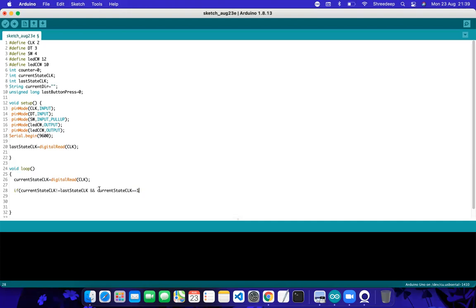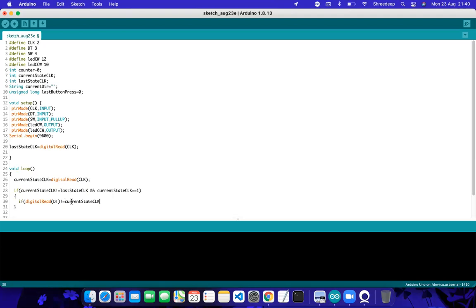So you are within the loop actually. So the counter, basically, your rotary encoder is incremental. Now to count whether it's clockwise or anti-clockwise, we put another if statement to check digital read DT, because DT is another input you have specified at pin number 3, right? So digital read DT, if not equal to the current state of clock, the current state of clock means this one. If these two are not same,